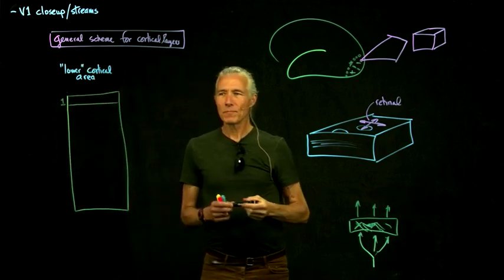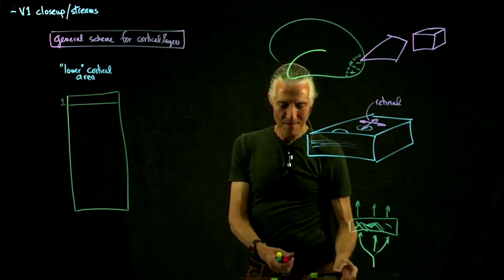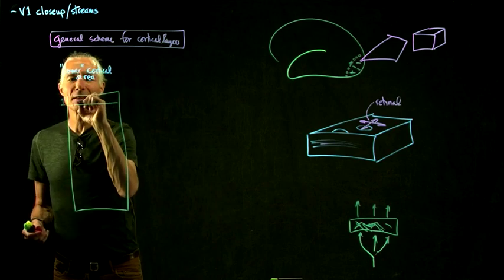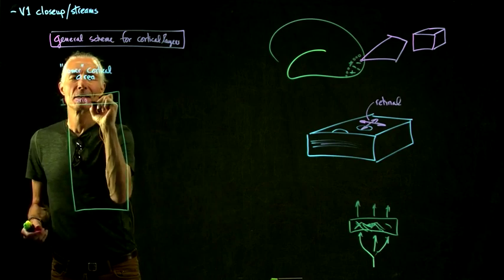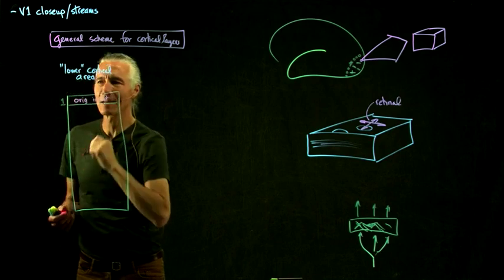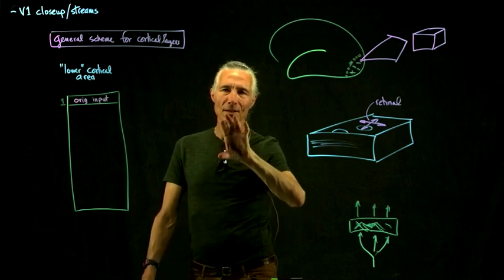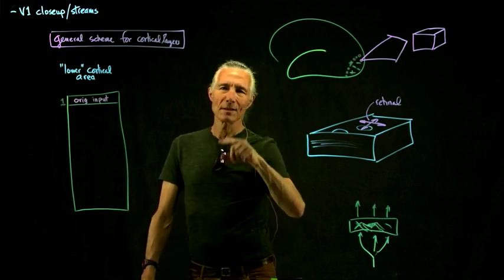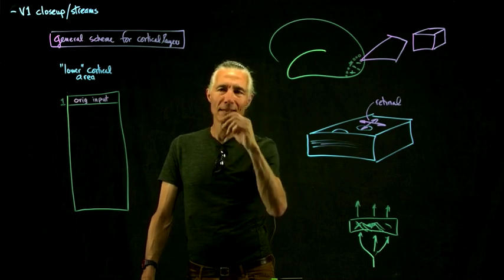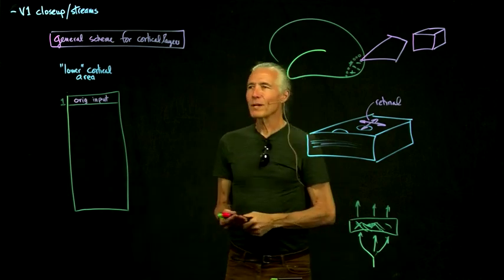Now what is layer 1? We call layer 1 the original input layer. There are not too many cells in layer 1. If you look at a cortical section, you'll see a bunch of cells in layers 2 to 6, but layer 1 is pretty much empty of cells. There's a lot of dendrites and axons up in there, but no actual cell bodies. But why do we call it the original